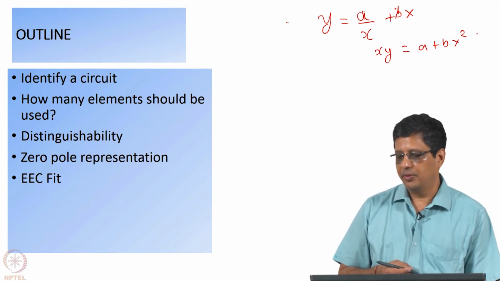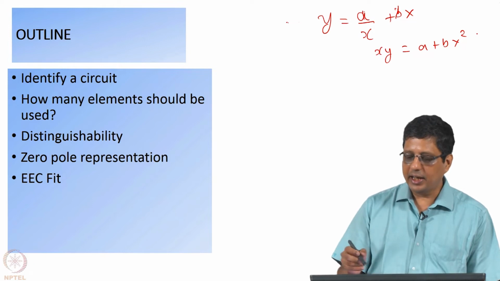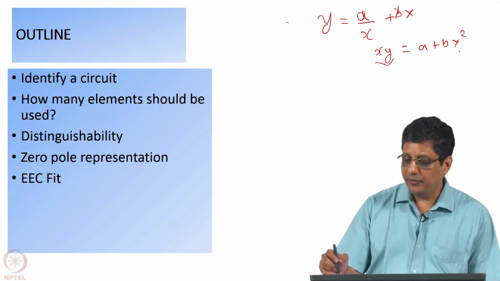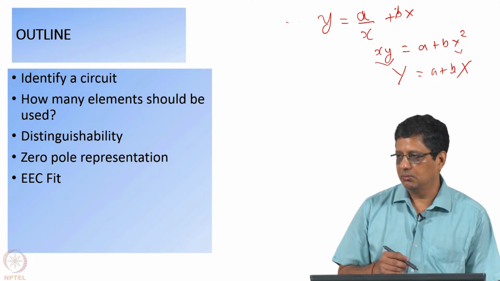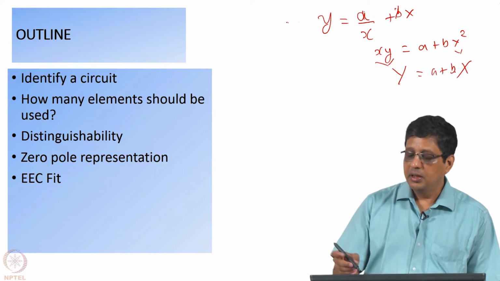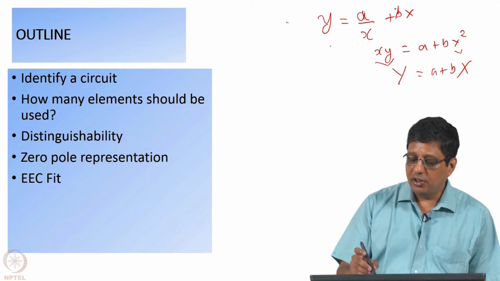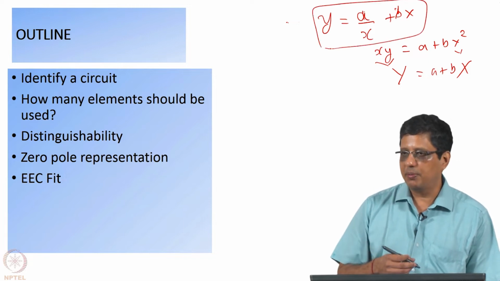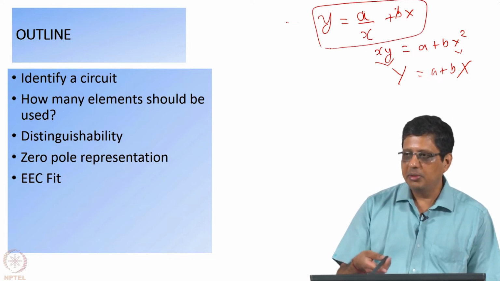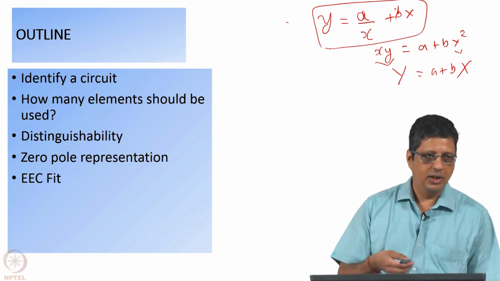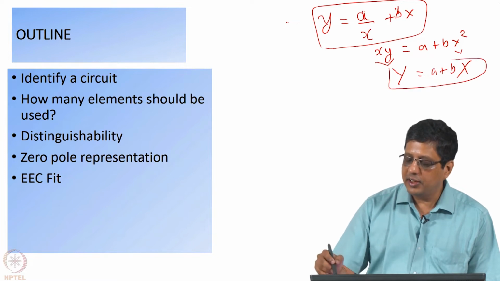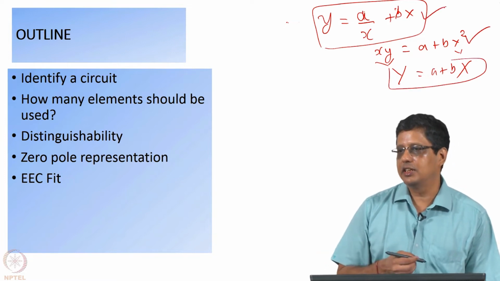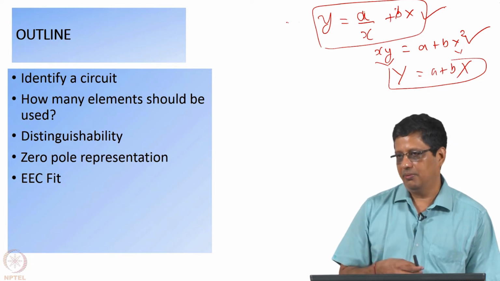It is another form. So, if you give x and y data, I can create a new data called xy, I can create a new data called x square, and I can write it as capital Y equal to a plus b capital X. I can fit it. If I use this format, it may say I am not able to fit well, this is a poor representation. That is not correct, it is just that maybe the initial values are not correct and it is going to a local minimum and saying it is not converging. I can't say I can get the data to fit this format well, but this does not fit this, because we know these two are equivalent.